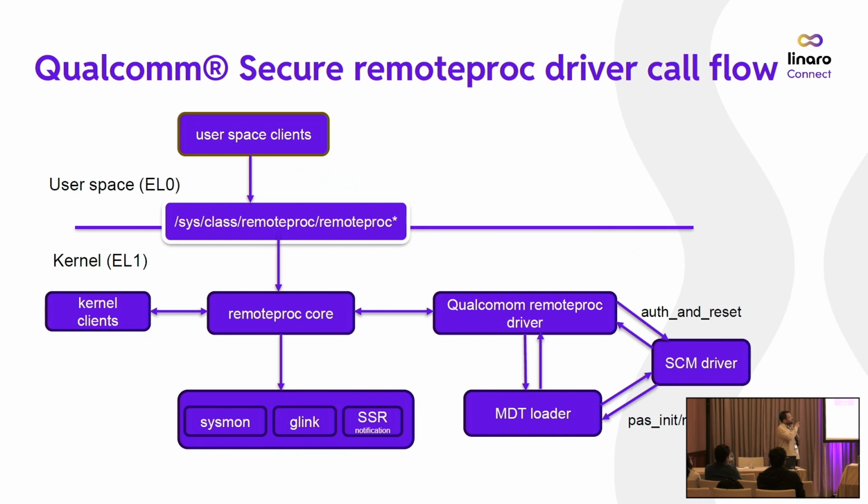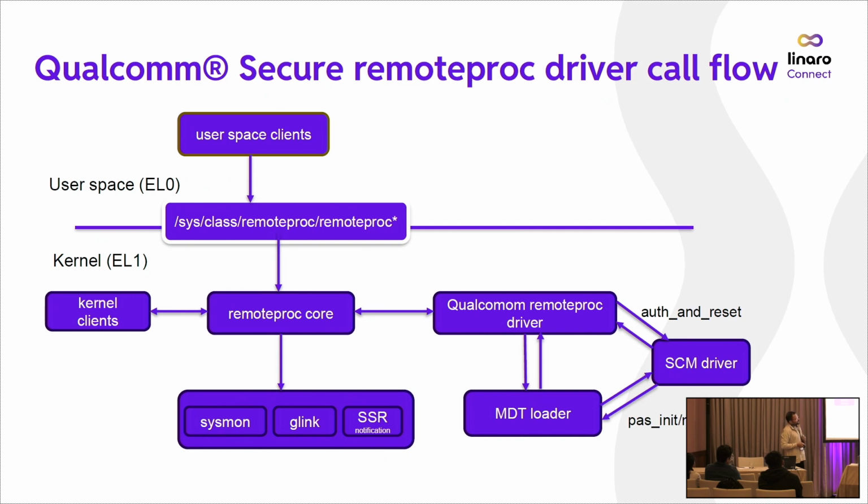So what happens when the call happens to the remote proc core? The call will come here, and then finally it will land in the Qualcomm driver. What the Qualcomm driver will do is, there is an MDT loader, that is the format driver. Basically, it's not a driver; it's a helper module. The request firmware call for the firmware binary will land here, and after that it will